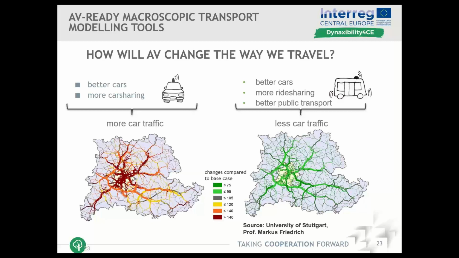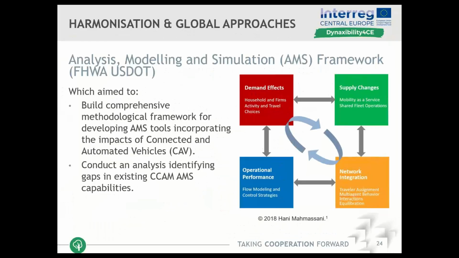course, how you need to think about the perception of time by the driver, how much more willing to drive longer distances passengers could be, and also whether the capacity of certain roads would increase or decrease depending on the type of vehicles that are on the road at that moment. And a good framework to understand these connections between specific traffic flow, then its effects on demand, and the type